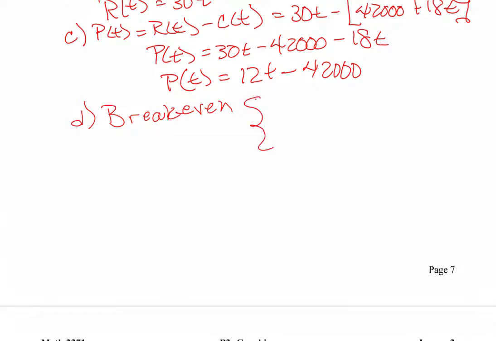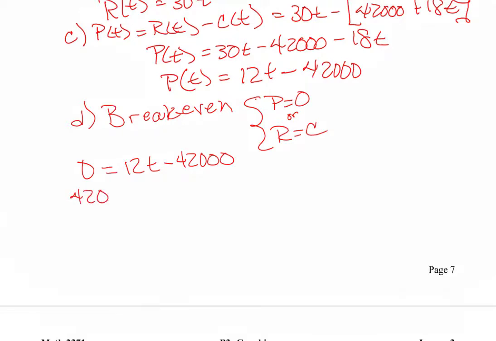You can find it by either letting your profit equal 0 or your revenue equal your cost. Since we've already found our profit, we're going to say 0 equals 12T minus 42,000. So then 42,000 equals 12T, so then T equals